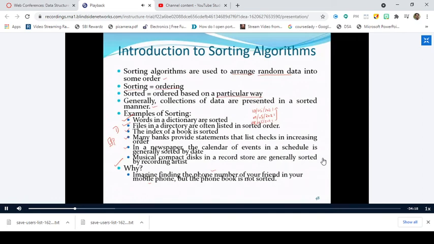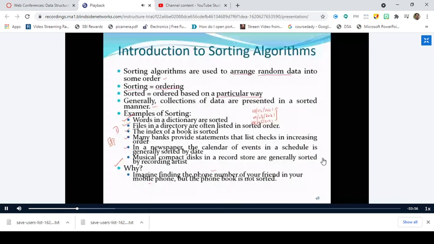If the phone book is not arranged in sorted order, then you have to do a linear search, which involves a lot of tasks and a lot of comparison operations. The linear search and its efficiency, all these things we have discussed in the last class, right? There is no doubt about it.